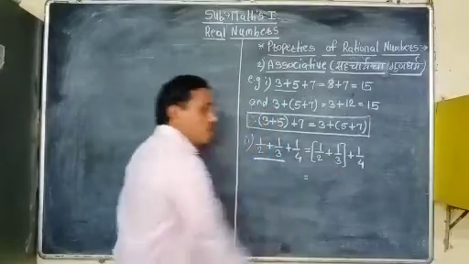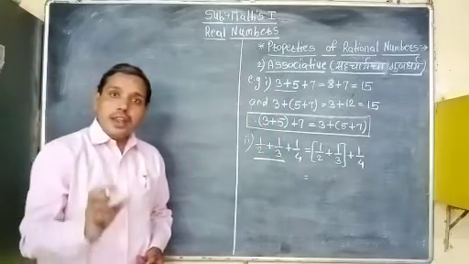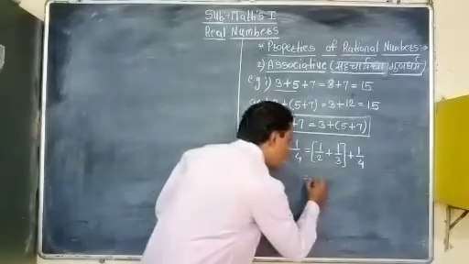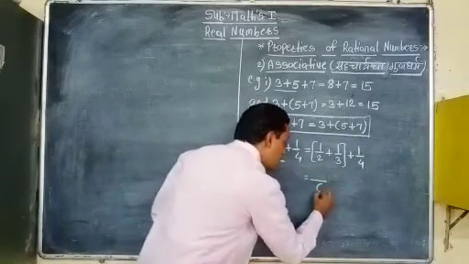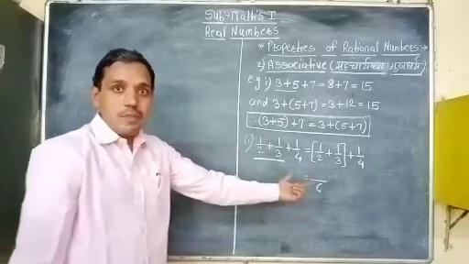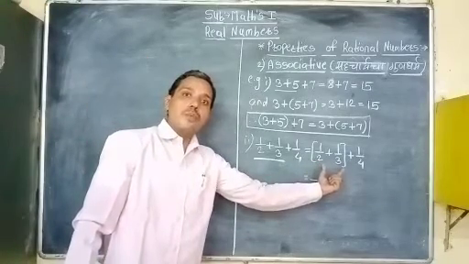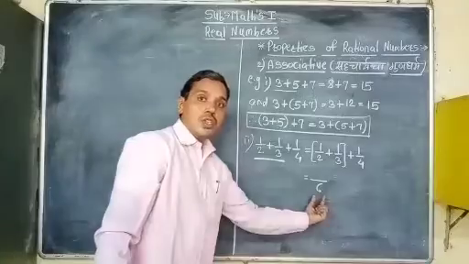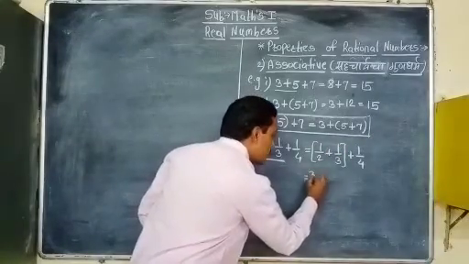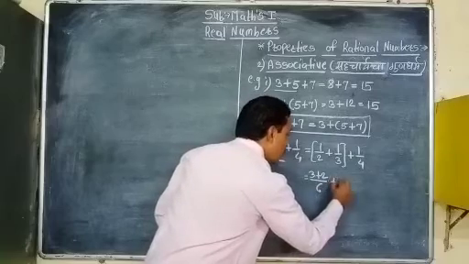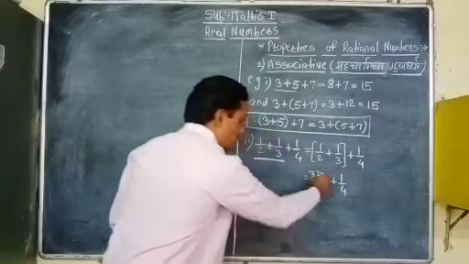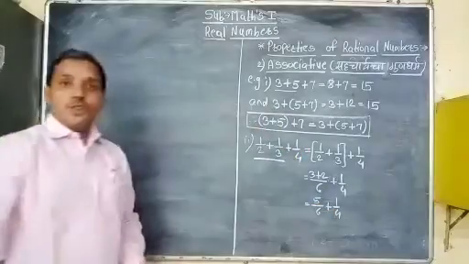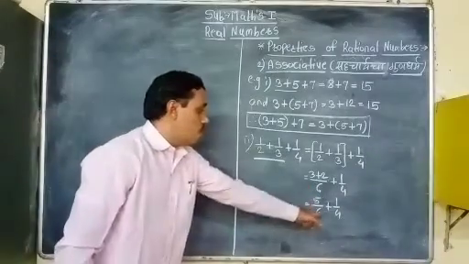Here we see that the bases are not the same. So for 1 by 2 plus 1 by 3, the denominator is 6, by taking the LCM, the product of the two numbers, which we learned in the last few minutes. So 2 by 3 is 6, and we do the cross multiplication: 3 plus 2, so 5 by 6 plus 1 by 4.